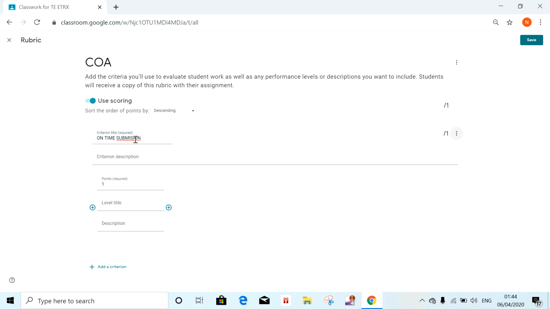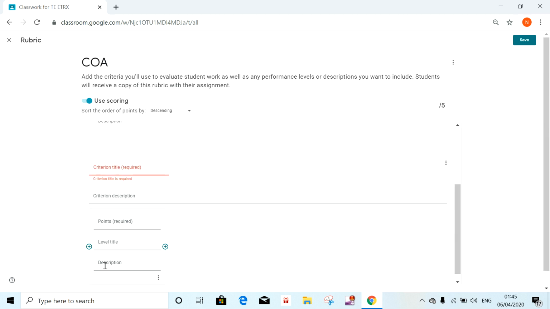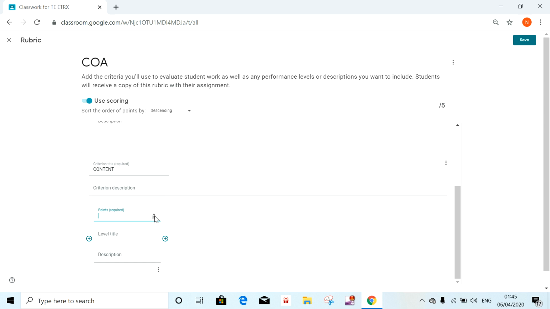For this I will give 5 points, and now I will add another criteria. Suppose I am giving it content. Points again I will give 5. Either you can type or you can use this scroll bar to give marks.